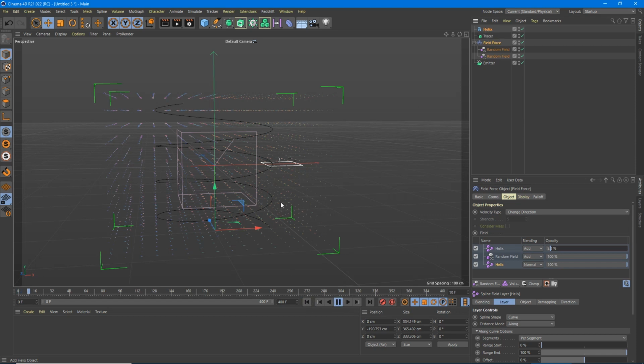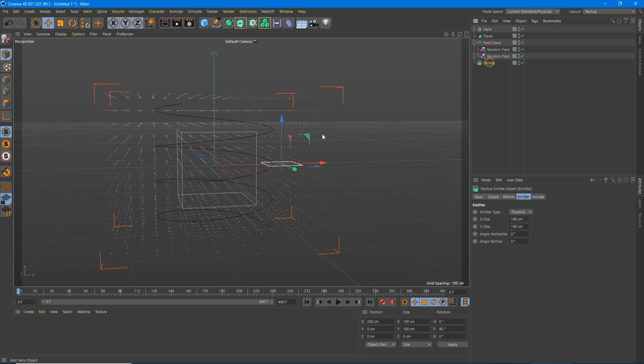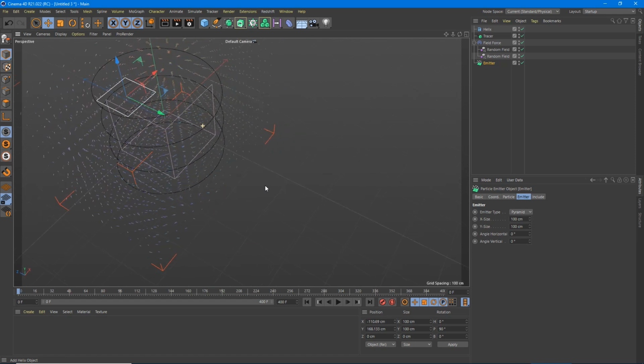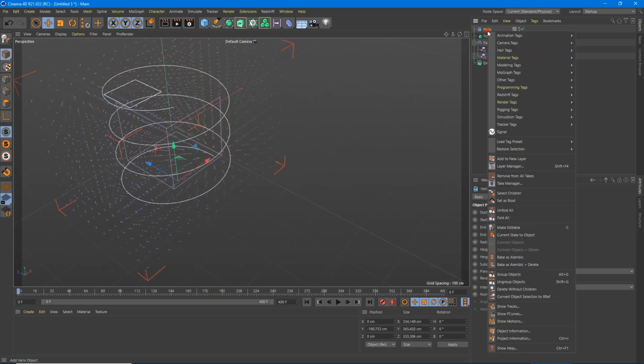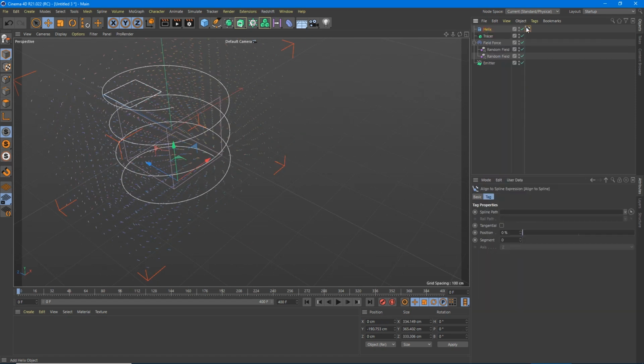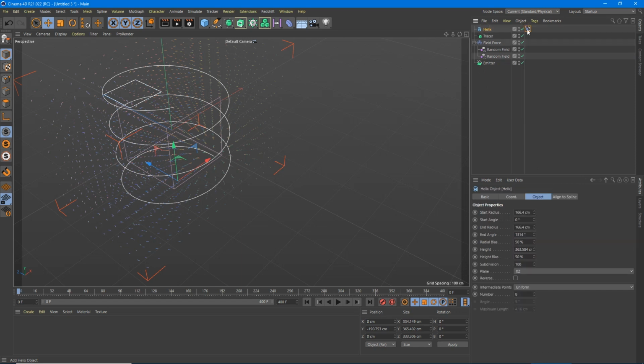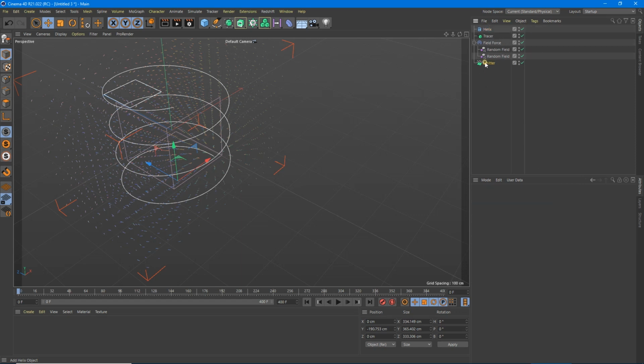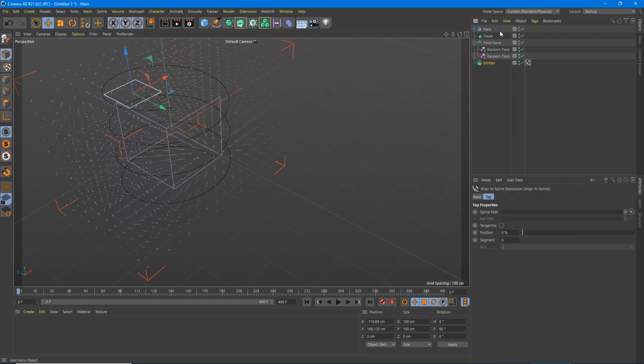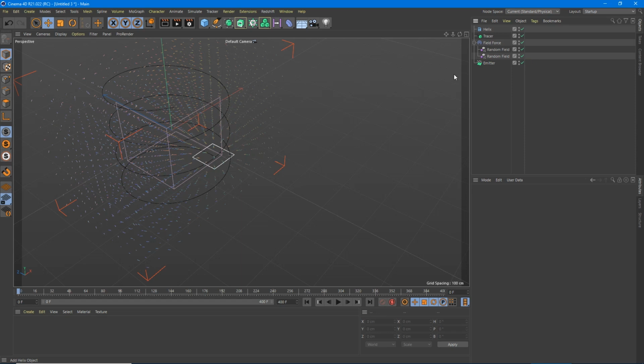So now when we hit play, you're going to see, wait a minute, that's not quite right. It's because we moved our spline, we need to also move our emitter. And I like to put it maybe at the top here. But we can do our trick again and go right click, animation, align to spline. Grab our spline. Sorry, this is on the wrong thing. Emitter, right click, animation, align to spline, grab our spline, plop it on there, and that's going to put it right at the start. So now we can grab this, delete that, grab this tag, delete that,